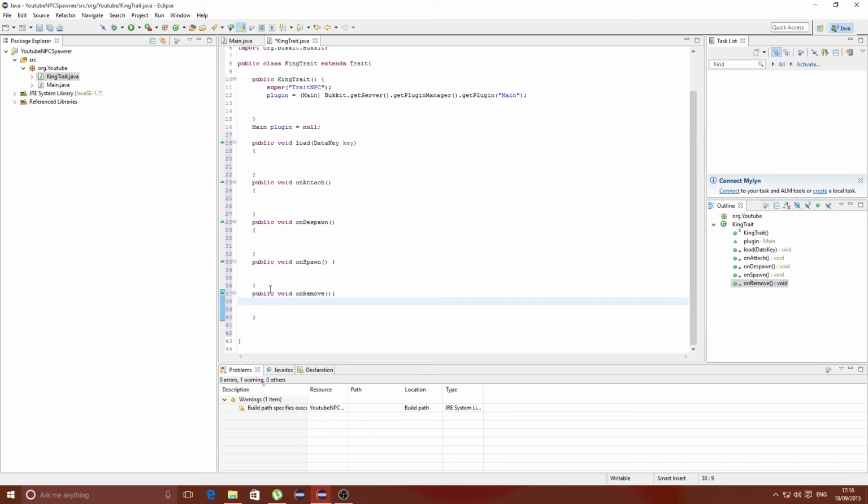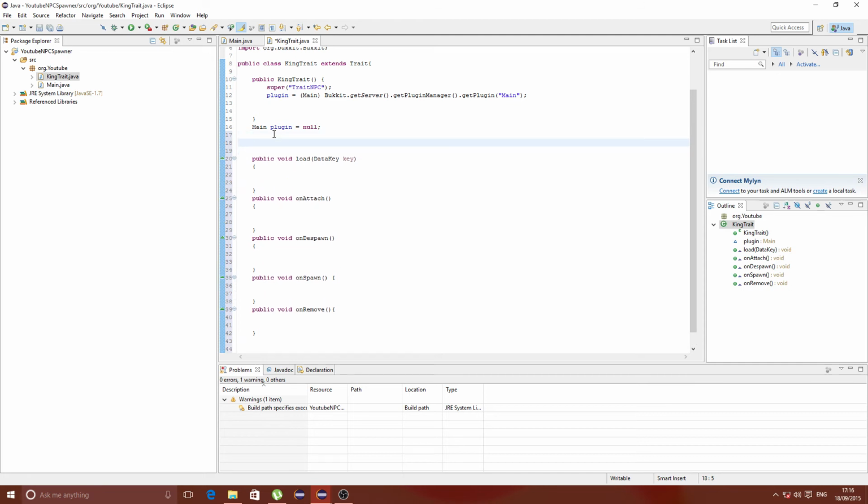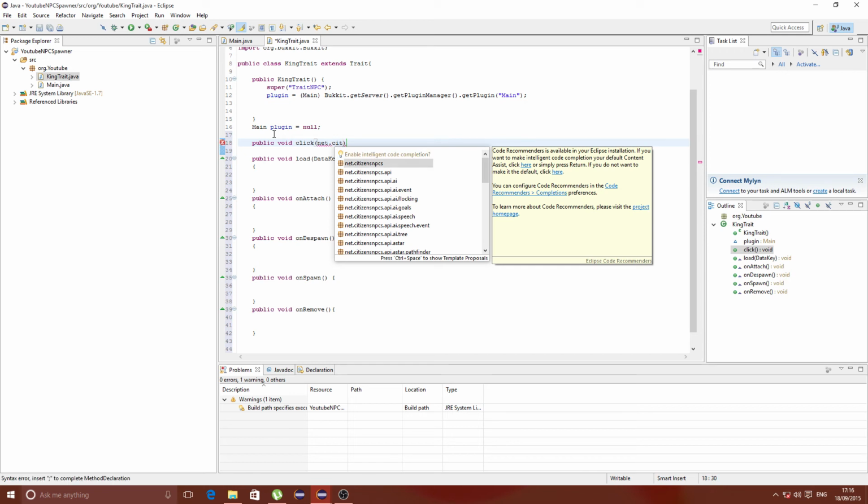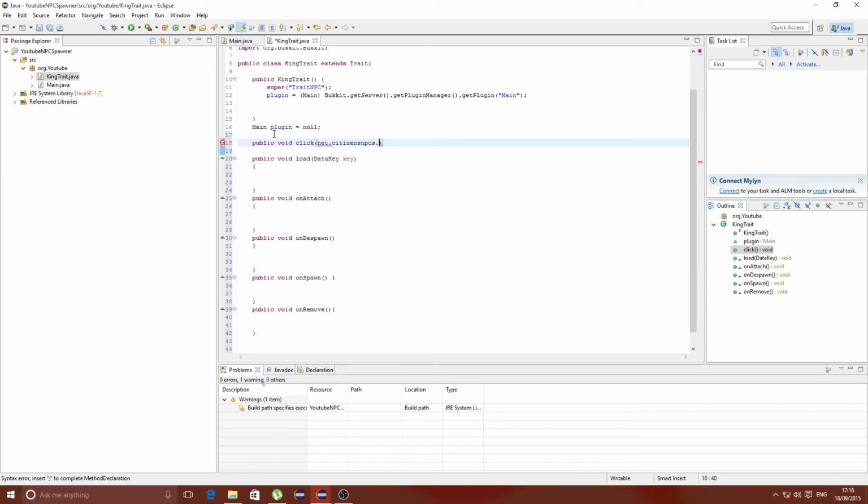One last piece of code I'm going to add, and this code I don't think comes standard with the plugin. It's one that I looked into and found myself, which we're going to be using to do the last bit of the base. It is public void click. And what this will allow you to do is left click an NPC, and then you can do whatever you want with it. It's really, really cool. So the variable we're going to need to put into this function is net.citizensnpcs.api